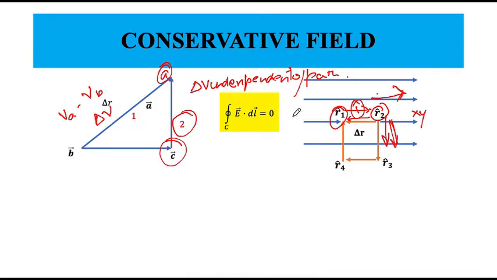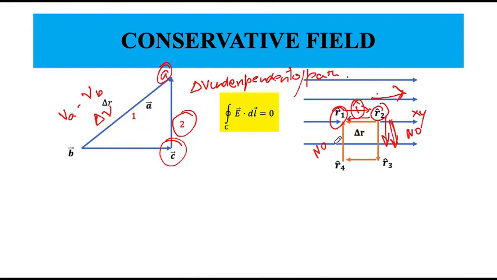Okay, so because of this work done, the potential difference that I have accumulated, or the potential rise that we have seen, will be the same as R2 to R1. Again, when I move from R4 to R3 to R1, there is no work done. Here no work done, here also no work done, because the object is moving and the charge is moving perpendicular to the electric field.